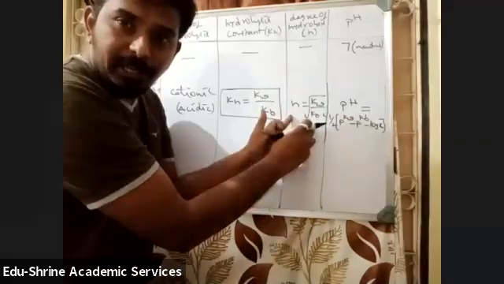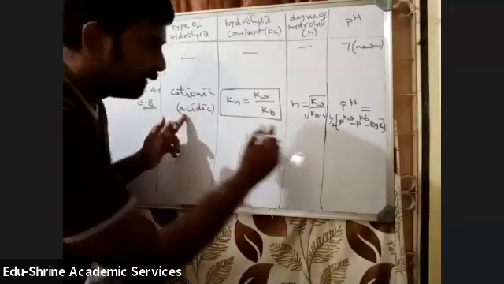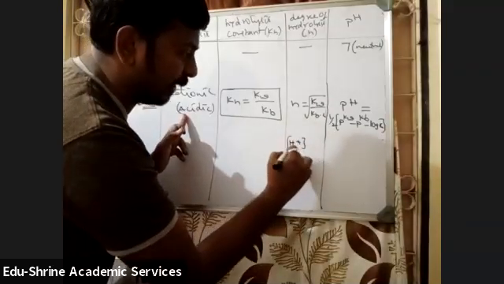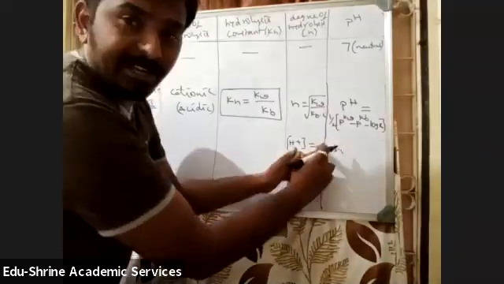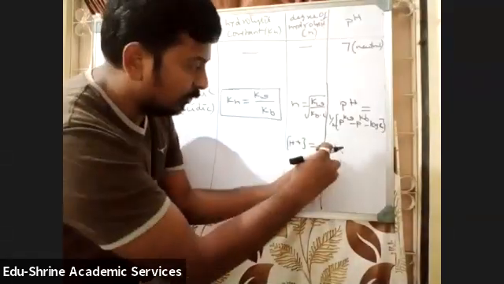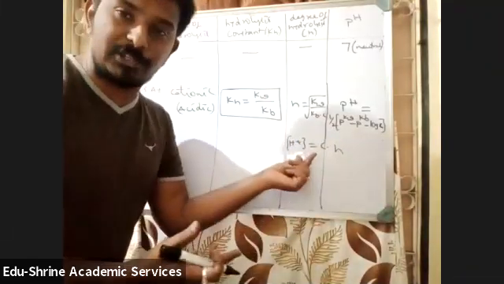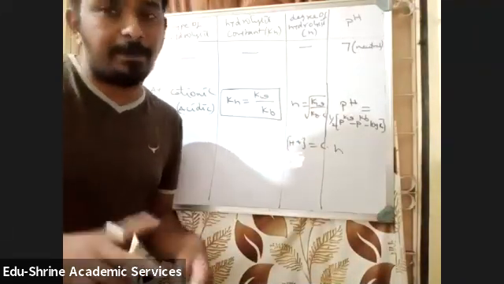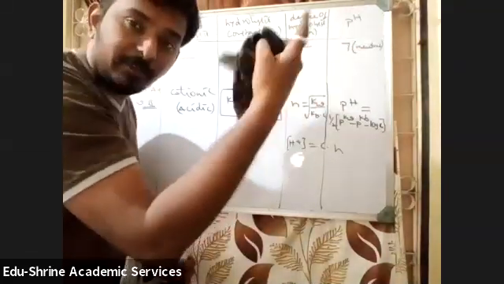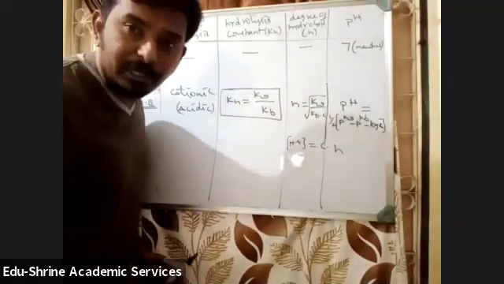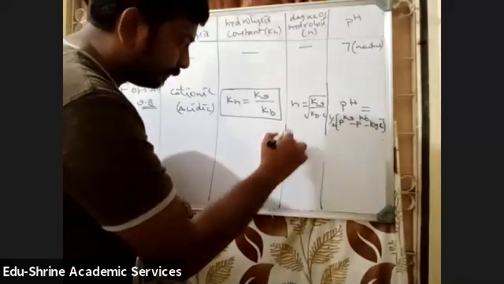Once you know the value of H, from here you can decide the nature of the solution is acidic. That means the final concentration will be H plus. H plus will be equal to C into H. So the concentration of the salt will be given in the question. Take C into H value you will get from here. You can calculate H plus. Once you know H plus, you can calculate pH. If you forget the formula, just like we have done for the previous cases, in the same way you can. Okay. So all that comes by practice.